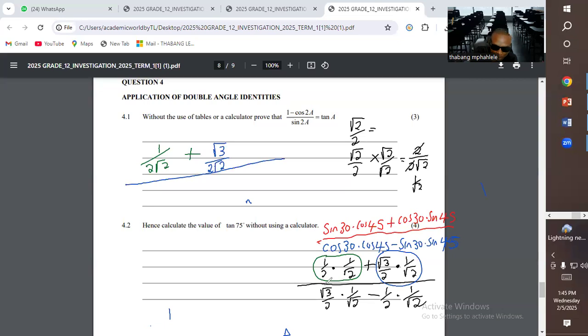now I'm going to work on the denominator, this one. Multiply the numerators together. Square root of 3 times 1 is square root of 3 over 2 times square root of 2. Focusing on the denominator, it is 2 square root of 2. Minus,